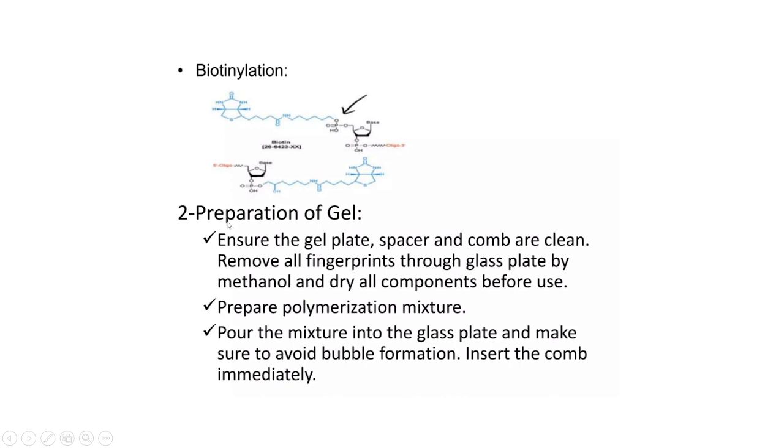The second point is the preparation of a gel. We need to ensure that the gel plate or the spacer and the comb are clean, because we are studying DNA and RNA. It's very sensitive, and even a small amount of contamination can ruin your entire experiment. So we should remove any kinds of patches and fingerprints from the glass plate, and it should be cleaned properly with ethanol or methanol, whatever you're using, and should be completely dried before using it. Then we have to prepare the mixture and make the gel,